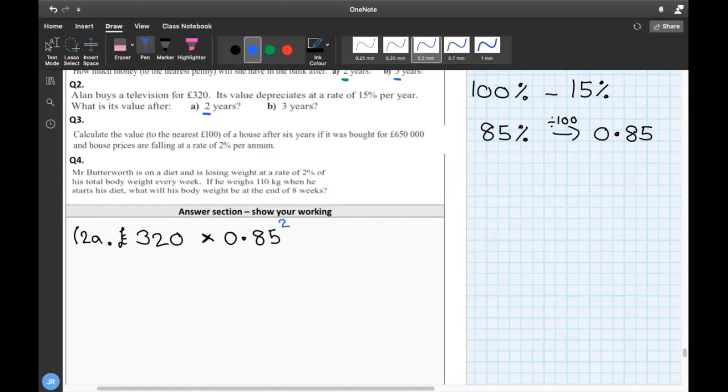So we're going to take that to the power of 2. Ready to use your calculators now. We've got 320 multiplied by 0.85 to the power of 2. Press the SD button. And what you'll get is